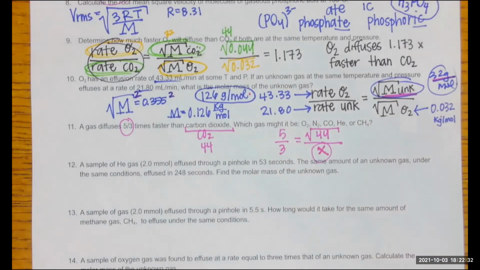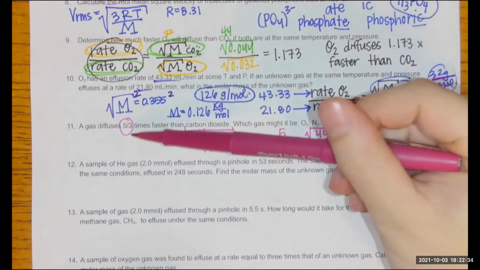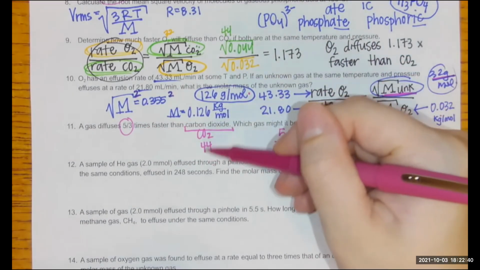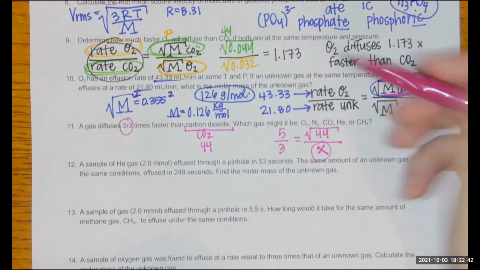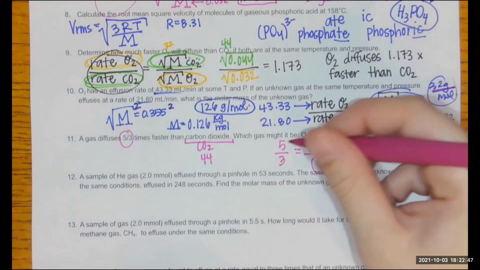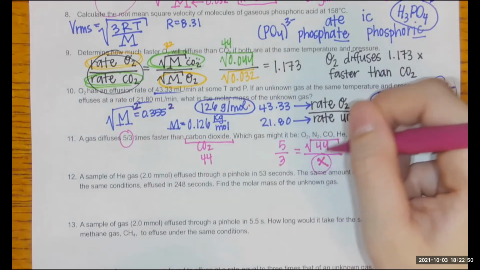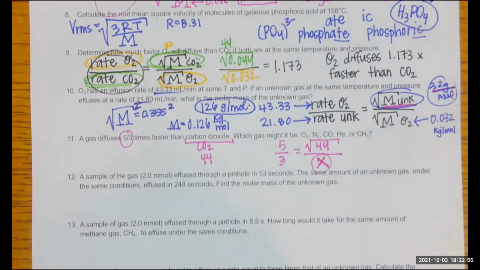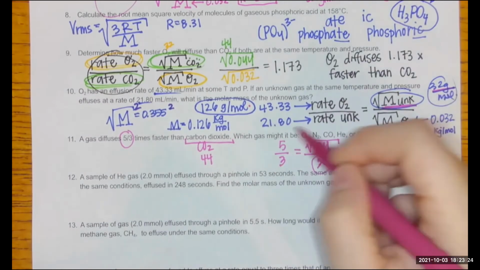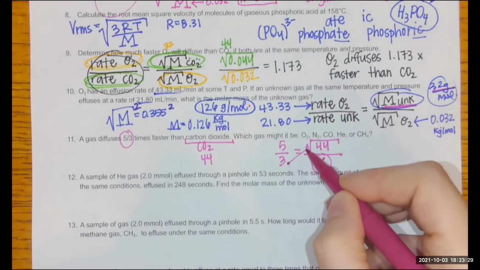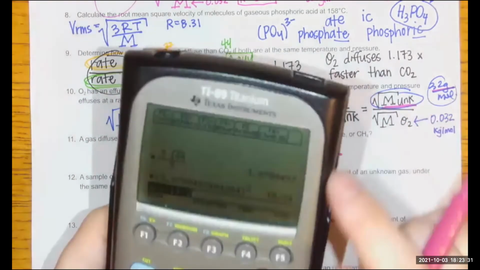And then I started on number 11 here, where it says that a gas diffuses 5/3 times faster than carbon dioxide. I added up the molar mass of carbon dioxide, and I kind of put it into this same comparison formula. 5/3 equals the square root of 44 over x. I'm solving for what that value is. So to solve this on the calculator, I'm going to cross multiply and divide. 3 times square root of 44 divided by 5. I got